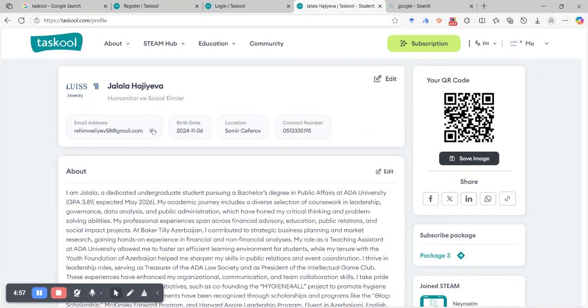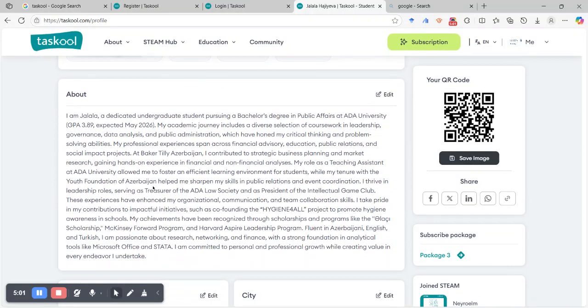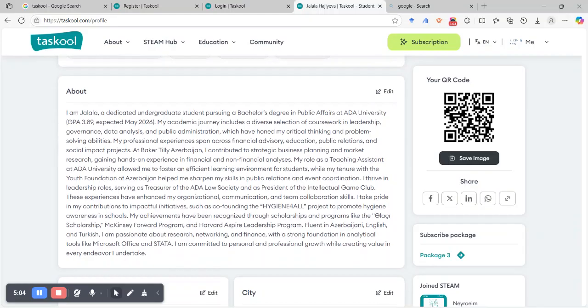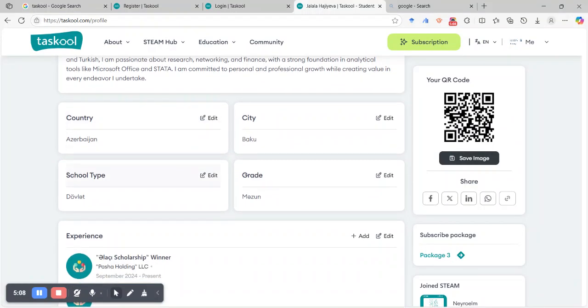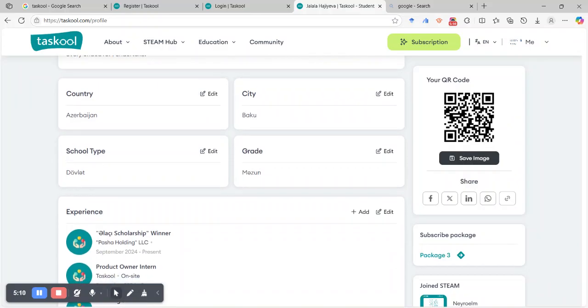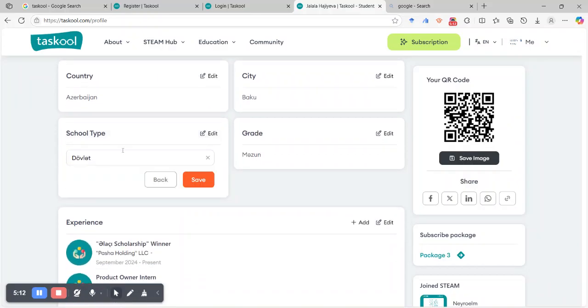For example, when you click this one, it will directly hide your email. And there's about, and you can add any information about yourself in this place. And then you need to add your country, city, school type. Again, first one is özel, it means private. Second one is devlet, it means public.